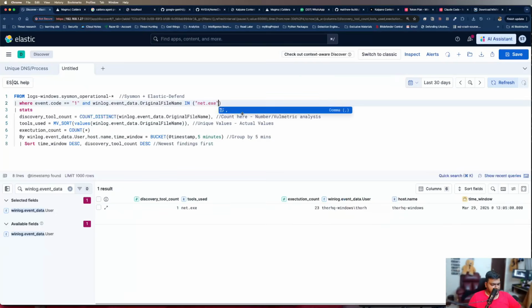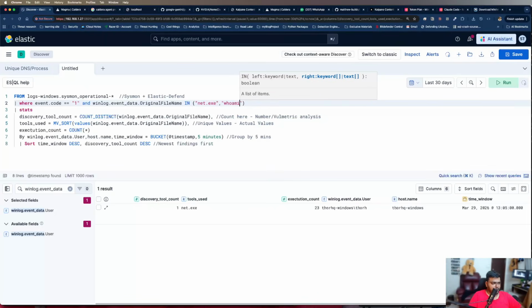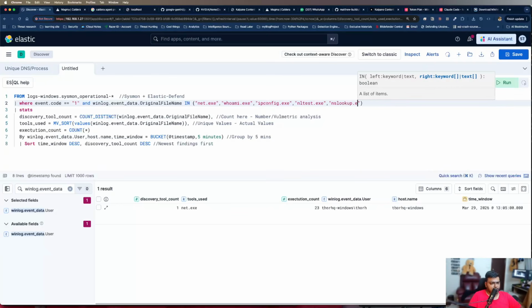Now let me expand this. So we'll add the most popular tools. WMI.exe, what else, ipconfig.exe, we'll add nltest.exe, we'll add nslookup.exe. ARP is another good command that attackers use. What else? Netstat, of course, netstat.exe, and let me also do